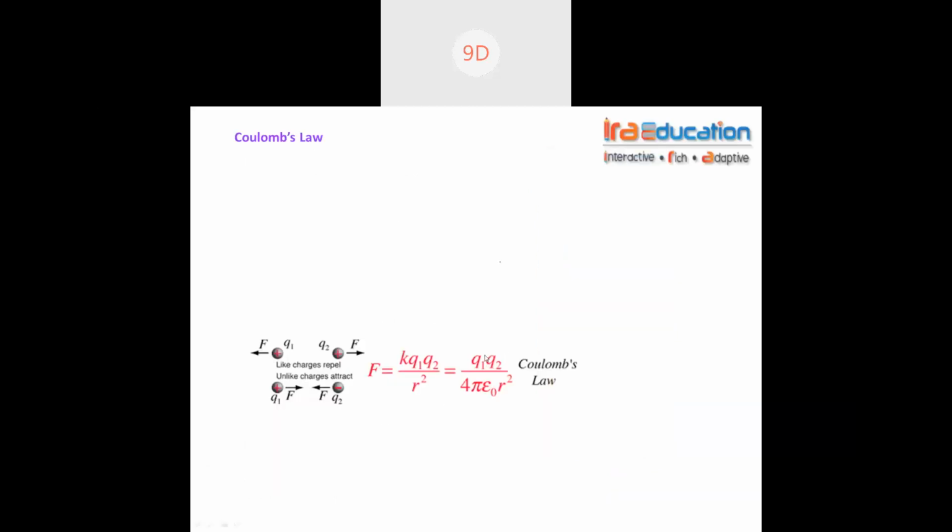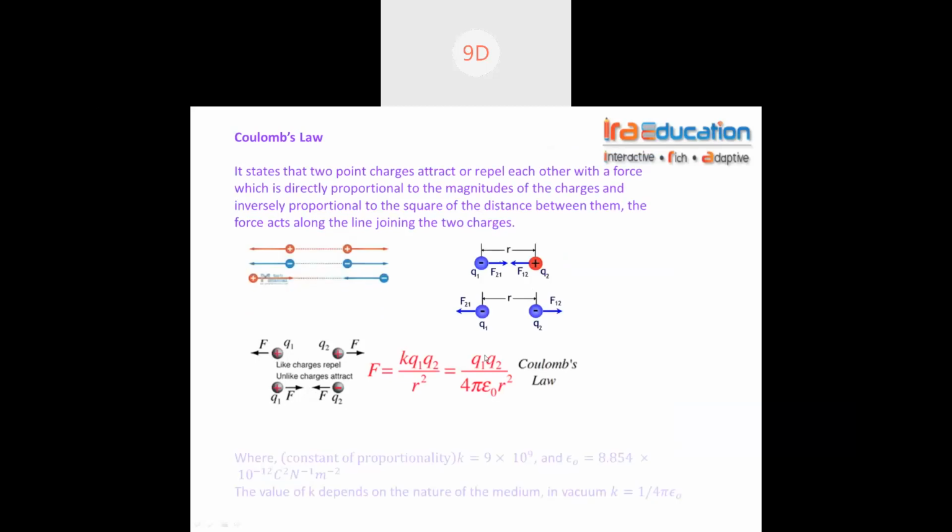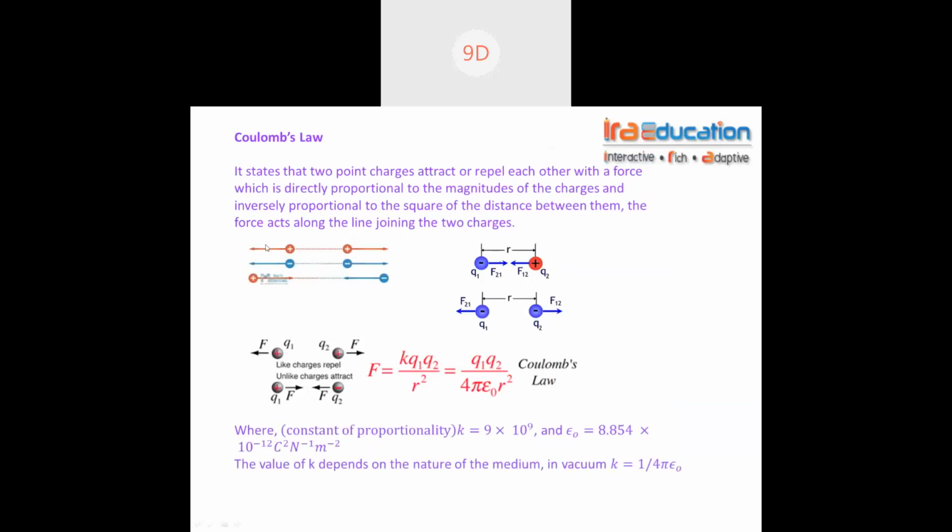Okay, moving further. This is your Coulomb's law. Coulomb's law is analogous, meaning it is relatable. Like in gravitation, how you have Newton's law of gravitation, Coulomb's law is the same, analogous to the gravitational law. Only thing is here we don't have masses. Here we have q1 and q2 separated by a distance r.